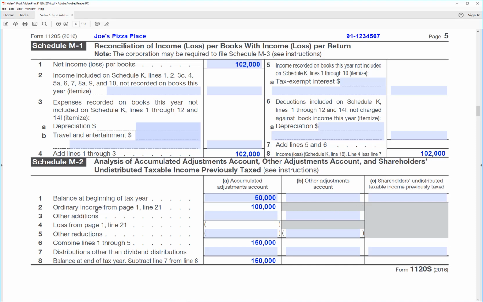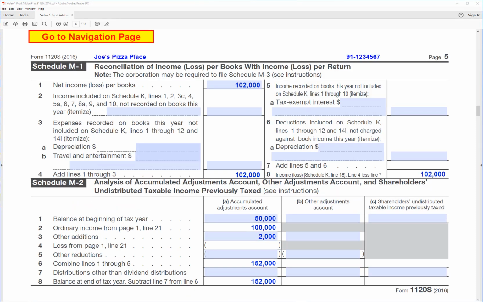And the ordinary income came down from page 1, line 21. And the other additions is the $2,000 of interest income. So we have $152,000 of... $152,000 is our balance at the end of the year. Page 5 is the last page of 1120S, so we're done with our 1120S, but now we need to distribute